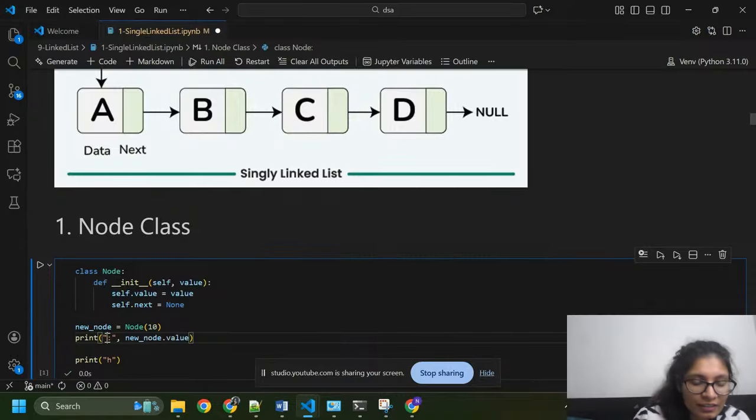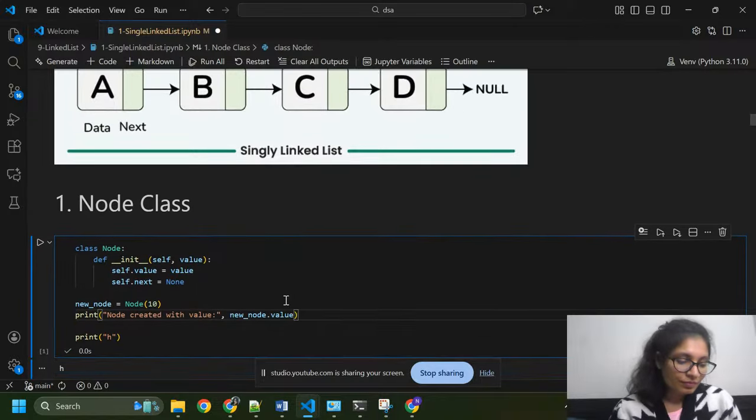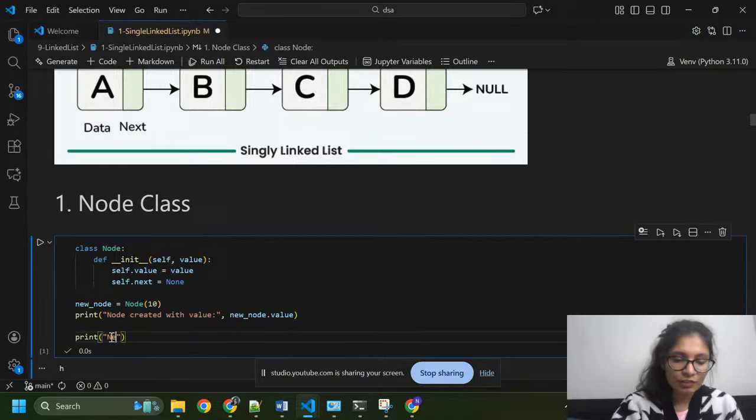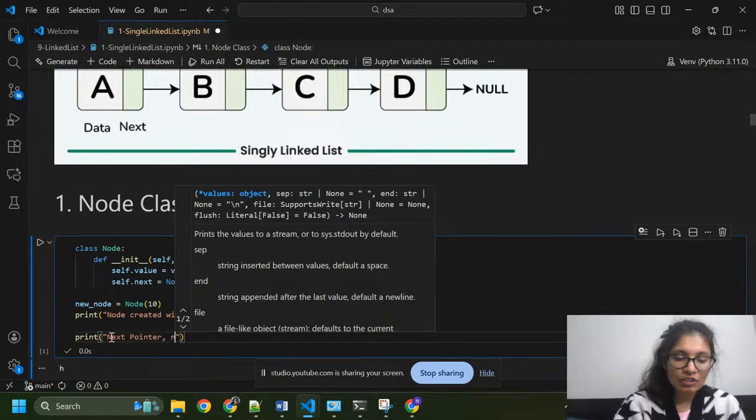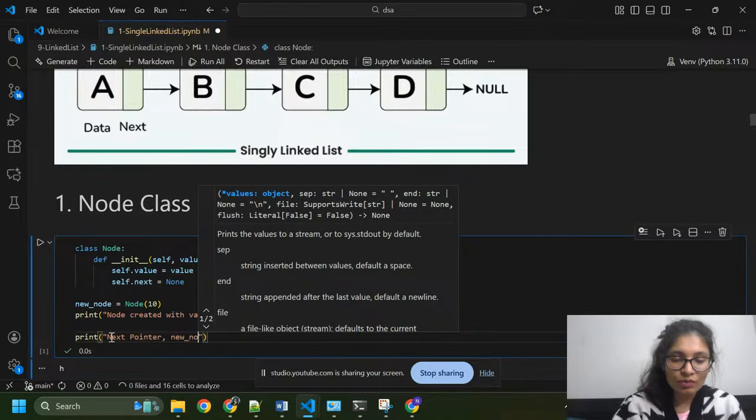Here I can write the string node created with value. And if I print the next pointer, it will give you next pointer, comma, new_node.value.